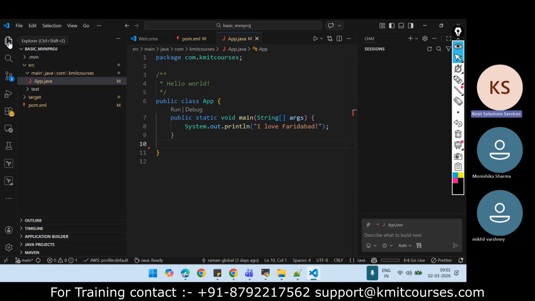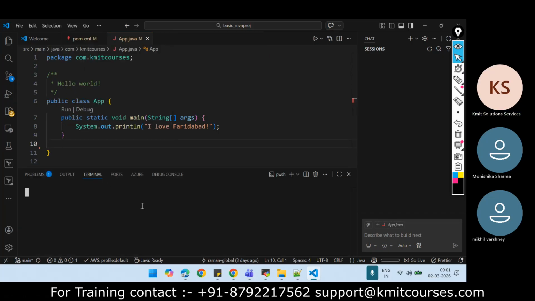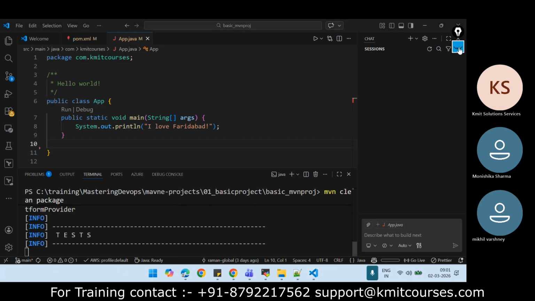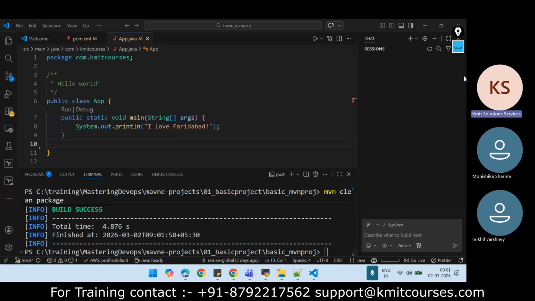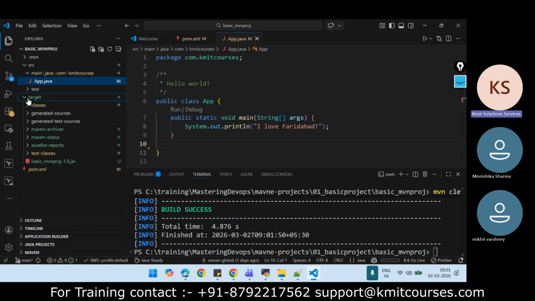Right now, what we will do, we will go to our terminal and I will run the command mvn clean package. Right? So the jar file should be created. Now, if I go here under target, there is a jar file. Now, if I execute this jar file,